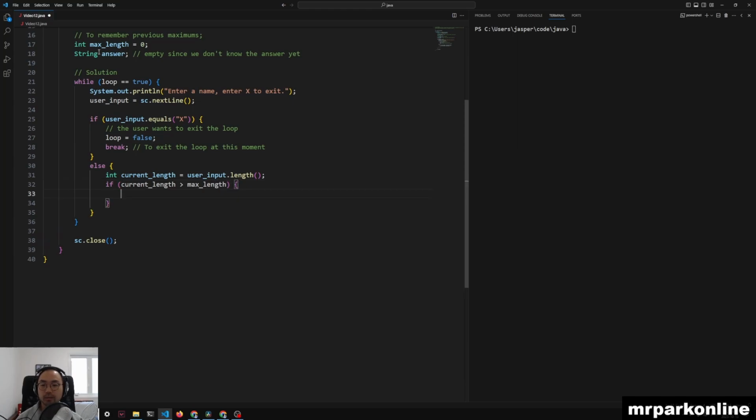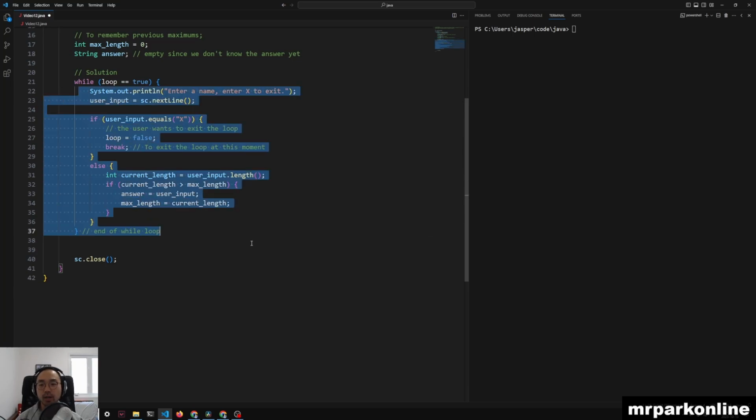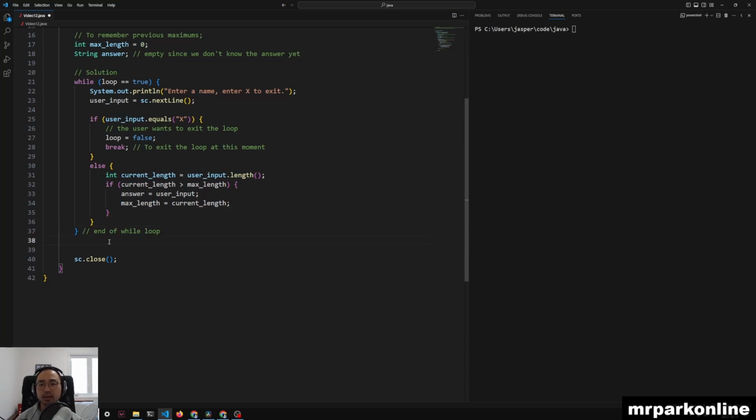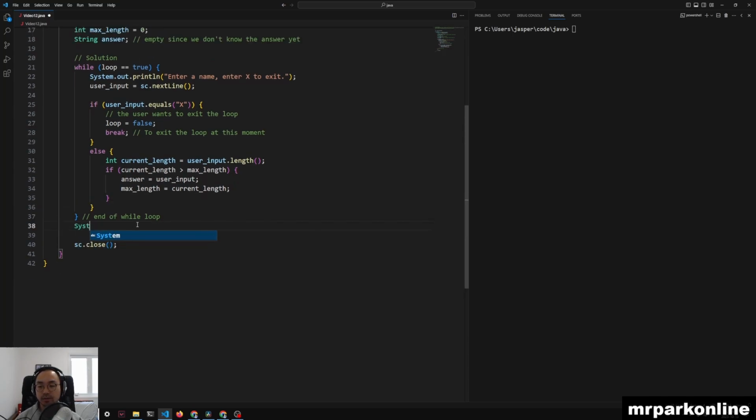Let's write that. We found a new name that is longer. So we can say answer gets updated to userInput, and then our maxLength becomes updated to our currentLength. And this is only going to happen if this condition is true. At this point, this is the end of the while loop. After our while loop has finished, when someone has typed in X, we have found the longest name. We can now say System.out.println(answer